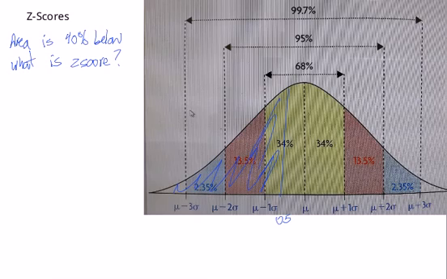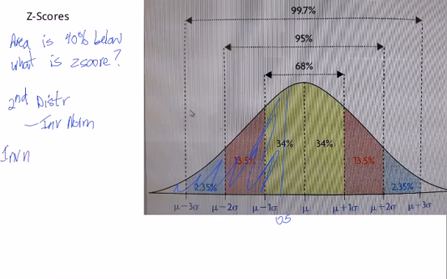So what we need to do is basically use our calculator to work backwards. So on your calculator, when you do these ones, you use inverse norms. So go to second distribution once again and pick inverse norm, which is number 3. Okay, so go down to inverse norm, and in this case all we do is put in that area. So we do an area of 0.4, and if you have a newer calculator, just delete those zeros and ones once again, just do the 0.4, hit enter, and it gives us a z-score of,